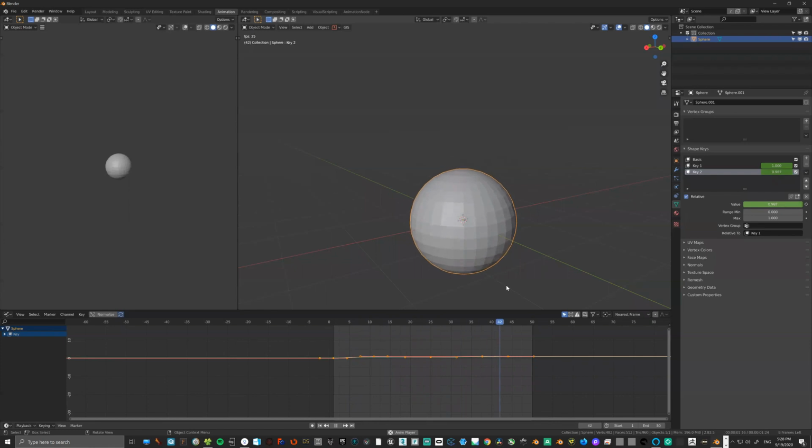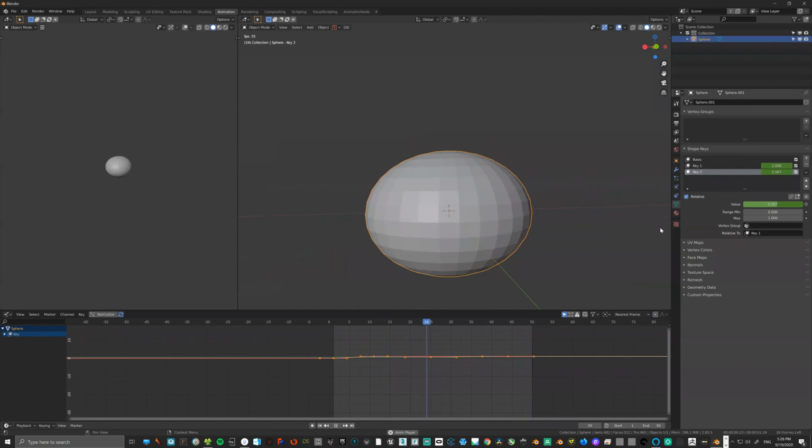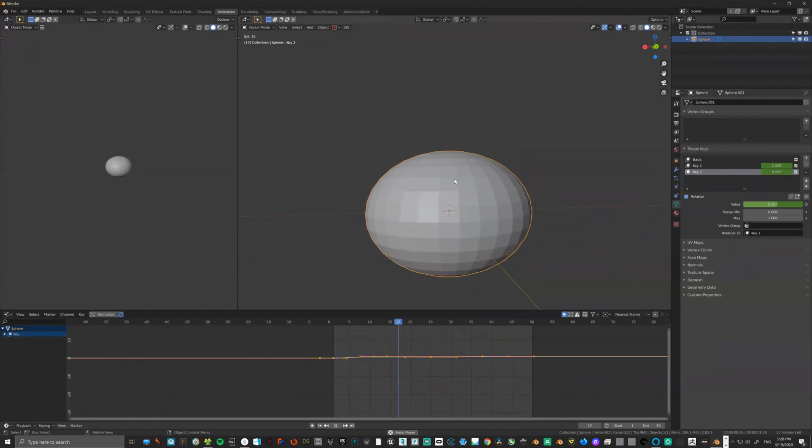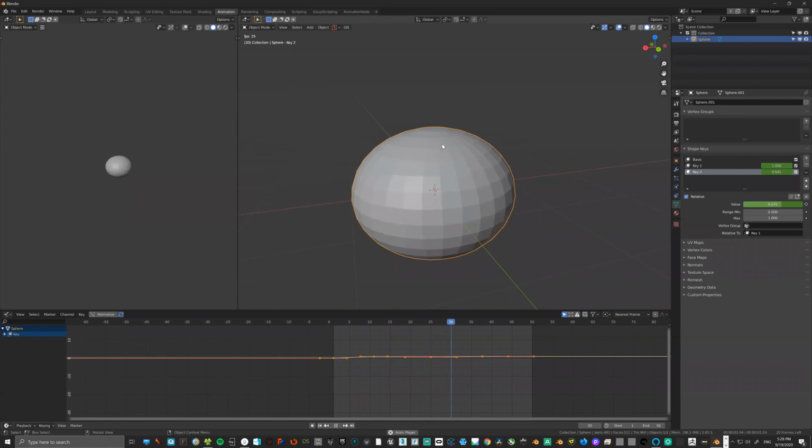you see that I have the different keyframes, the different shape keys animated by keyframes. It's not the most amazing animation, but it's just to make you understand that every parameter you can animate. And you can animate also inside Blender, the colors, a lot of things. So okay, guys. If I have something with shape keys, a few different shape keys,